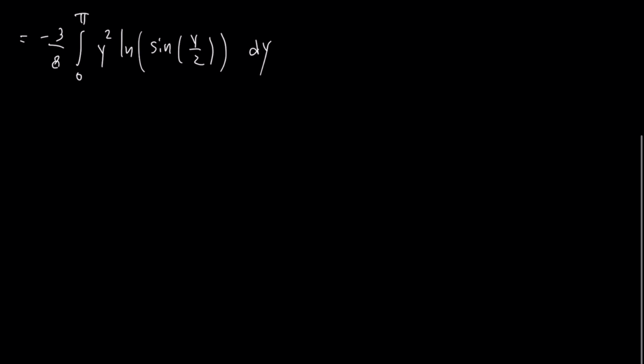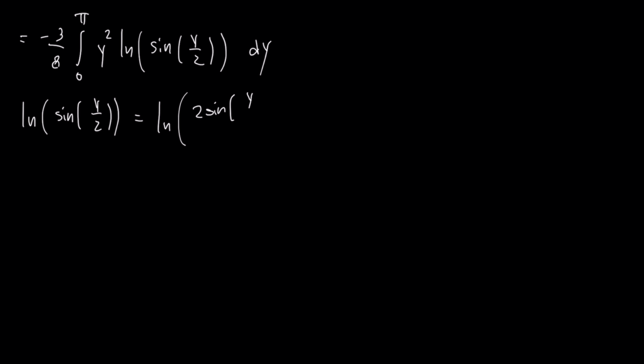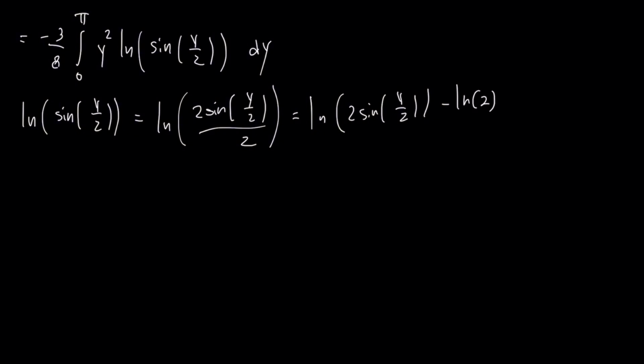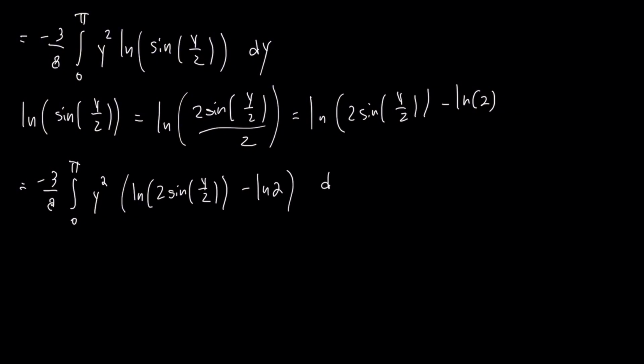dy. And then from here, we will notice that the natural log of the sine of y over 2 is the same thing as the natural log of 2 sine y over 2 over 2. And using logarithm rules, we have the natural log of 2 sine of y over 2 minus the natural log of 2. So plugging this into the integrand, we have a negative 3 over 8, the integral from 0 to pi of y squared, the natural log of 2 sine of y over 2 minus the natural log of 2